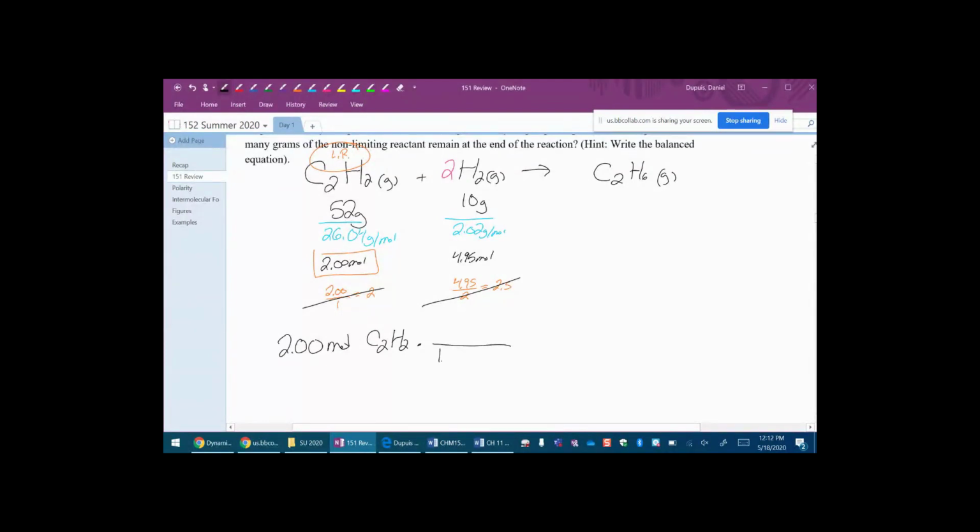So we know there's 1 mole of C2H2, 2 moles of H2. And then you know 1 mole of H2 is 2.02 grams of H2. So that gives me 8.08